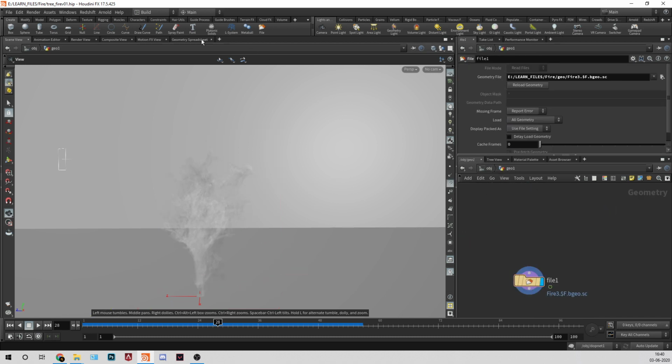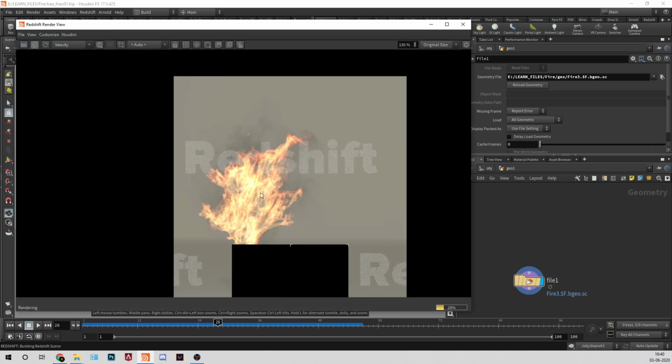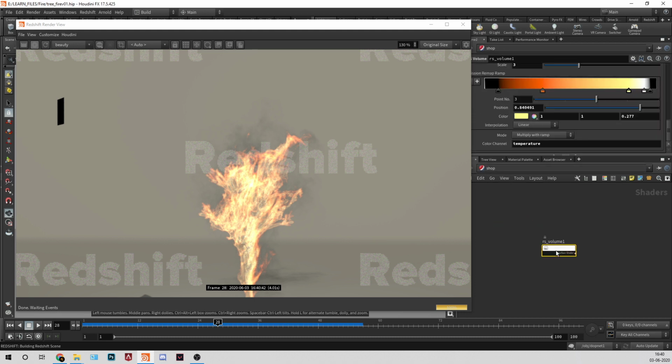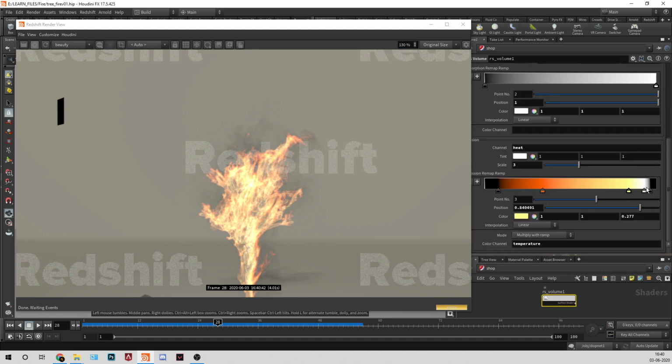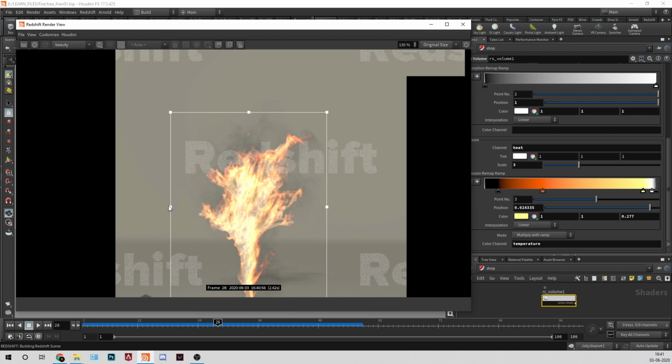As you can see, still we can do a lot. Yeah, we have fire, and you can see that fire has a lot of detail. So maybe I'll decrease this thing, and I'll render this much. I'm using Redshift because it is much faster than Mantra for me, and it is giving a better result also.